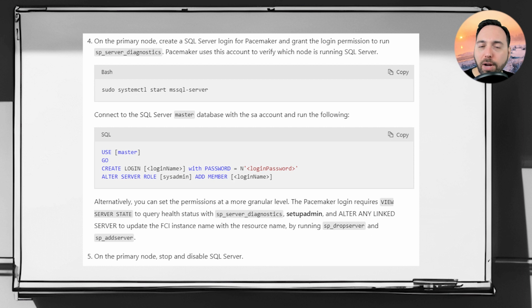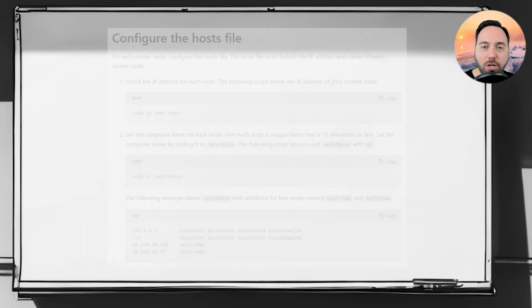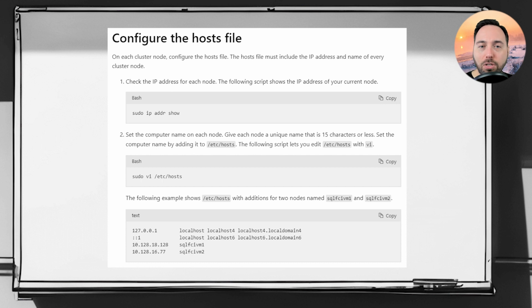Anyhow, after you've granted view server state, set up admin, and alter any linked server, stop and disable SQL Server on the primary. The next thing you should do is configure etc/hosts on each VM, ensuring that each host includes the IP address and name of each cluster node. And make sure those host names are 15 characters or fewer. We saw in the Polybase video one of the negative outcomes you can run into if you fail to follow